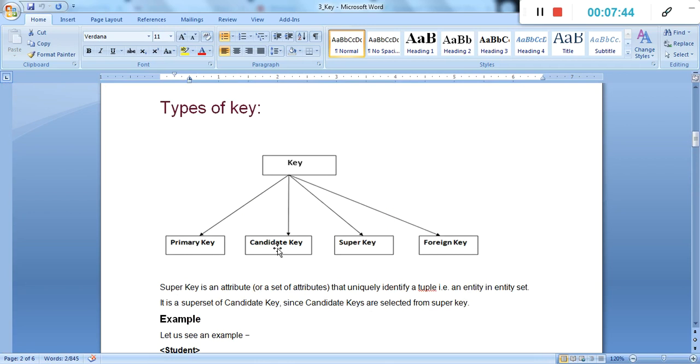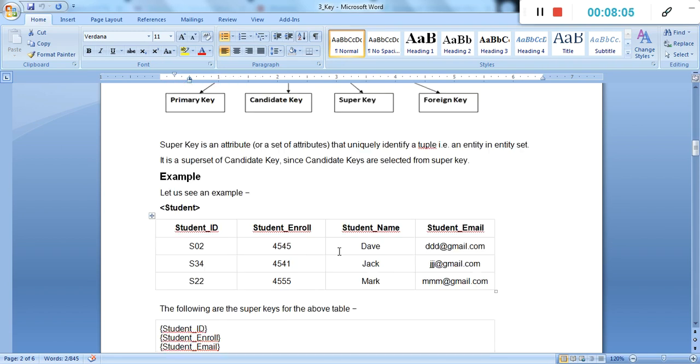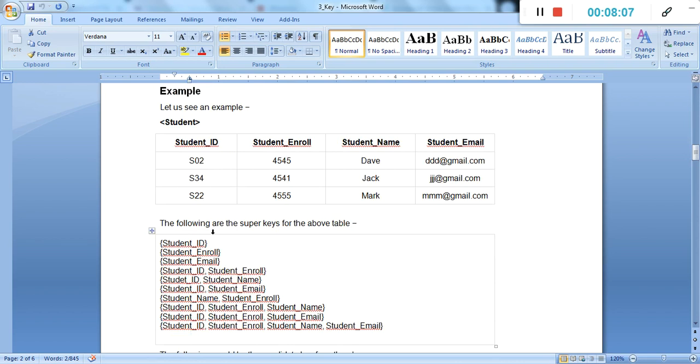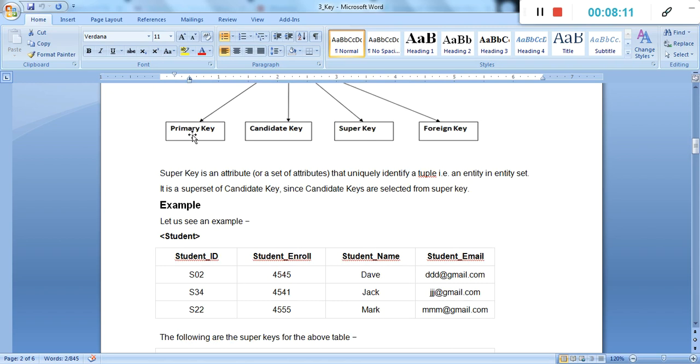Candidate key may contain multiple keys which uniquely identify the record. We need to check the candidate key set; a primary key is a single one, but candidate keys may be more than one. Then super key is simply the set of column names or attributes which uniquely identify the rows. This one is simply an example of super keys. This is simply the explanation about primary key, candidate key and super key.